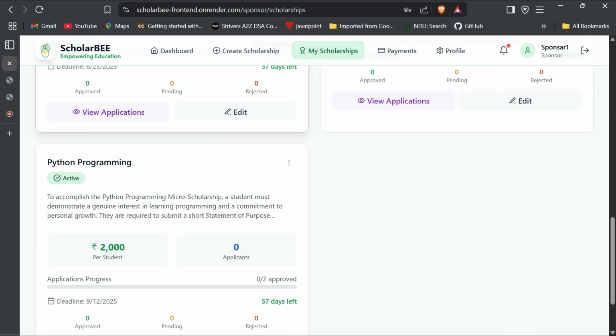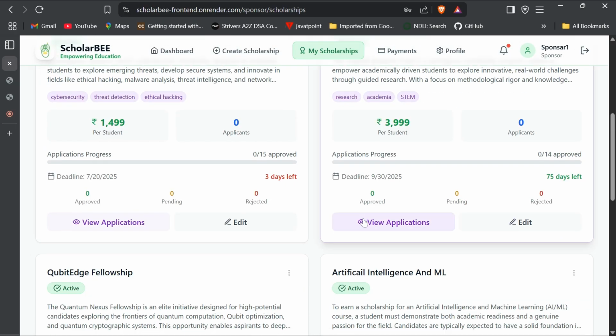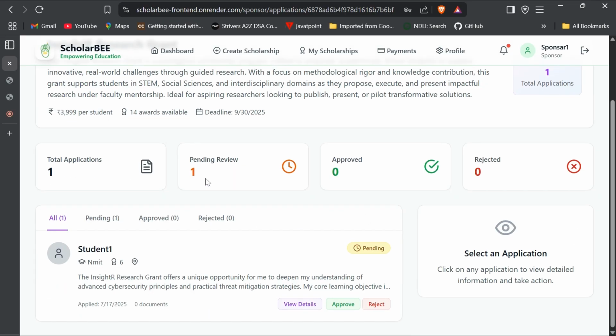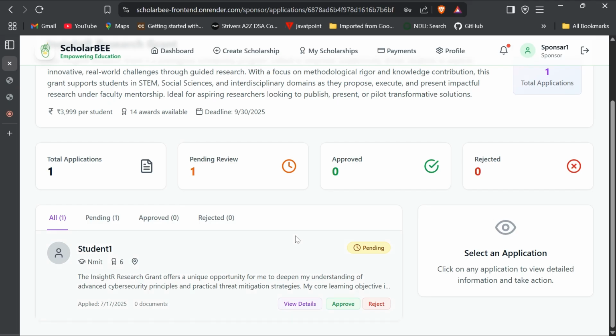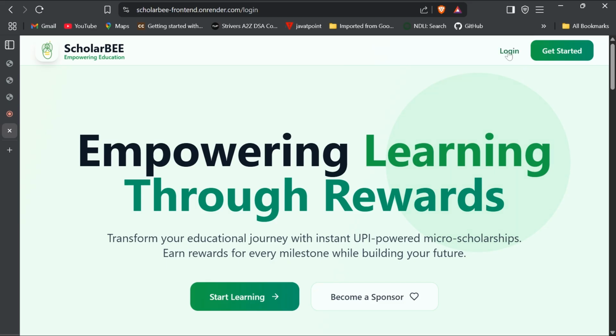Apart from that, I'll show you how the application can be viewed. When I check this, there is one application currently filed by the student I showed you. Now I can directly approve this. When I approve it, the amount of 3,999 is credited to the student's wallet account. When I log in as a student, that will get updated.